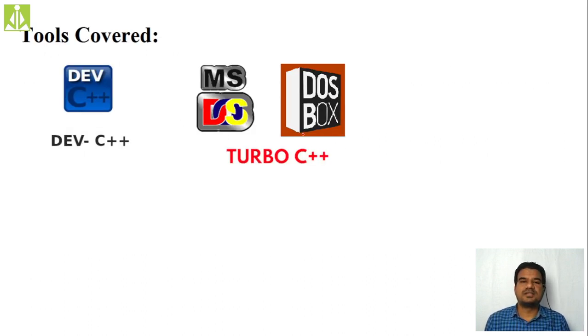Next is what type of tools we use. Tools are nothing but where we are going to execute our programs and see the output of our programs. Inside your labs, we use these tools. Turbo C++. Sometimes the icon will come like this and sometimes like this. Both of these represent Turbo C only. So we use the Turbo C++ compiler in order to execute our programs.